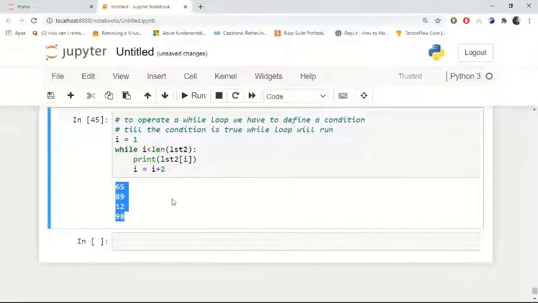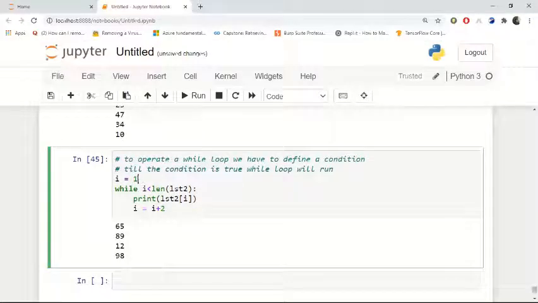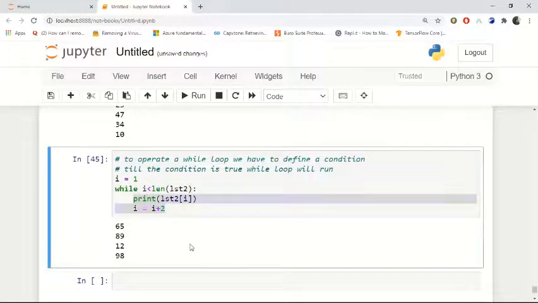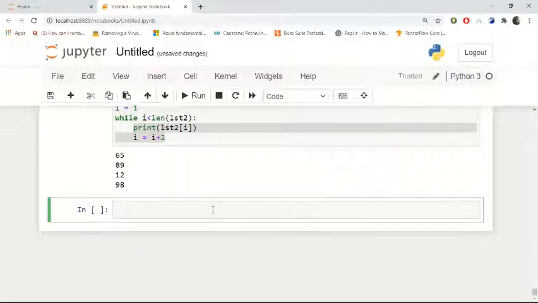So this is how a while loop runs. Means you have to first give the step value, whatever step value you have. You give the condition, whatever condition you have, and you give the print. Let me show you the use of